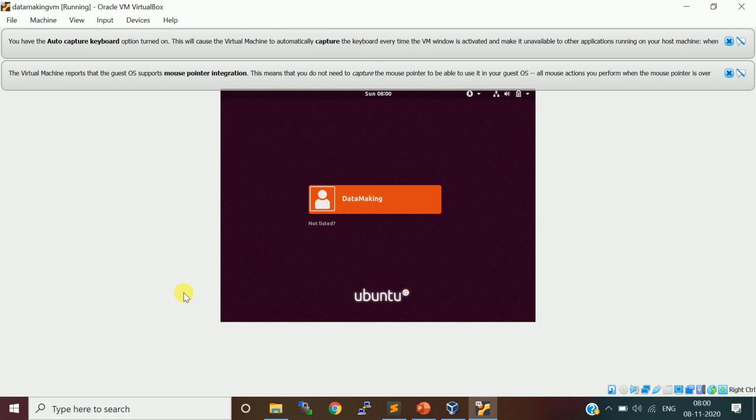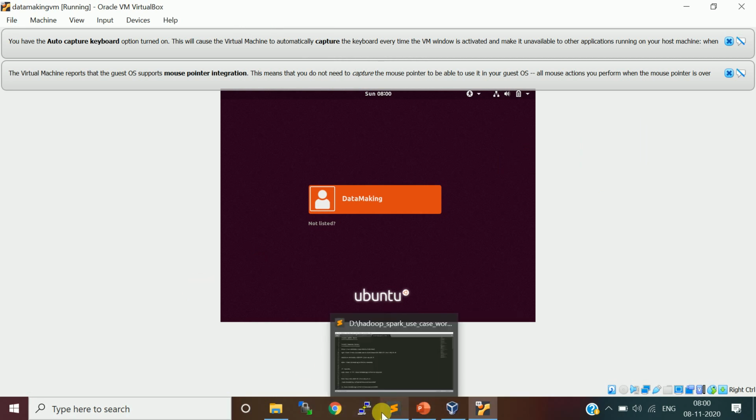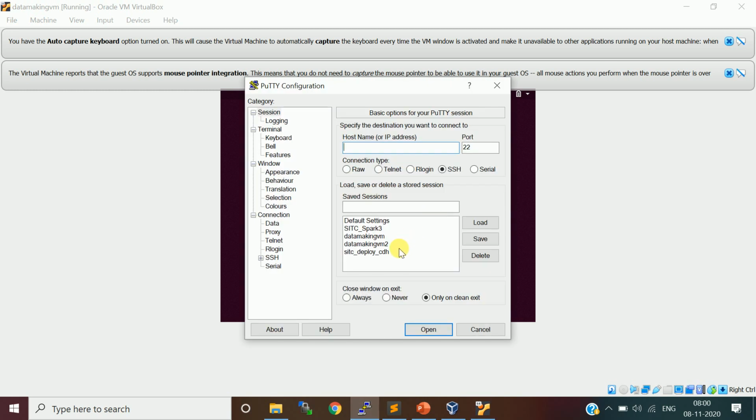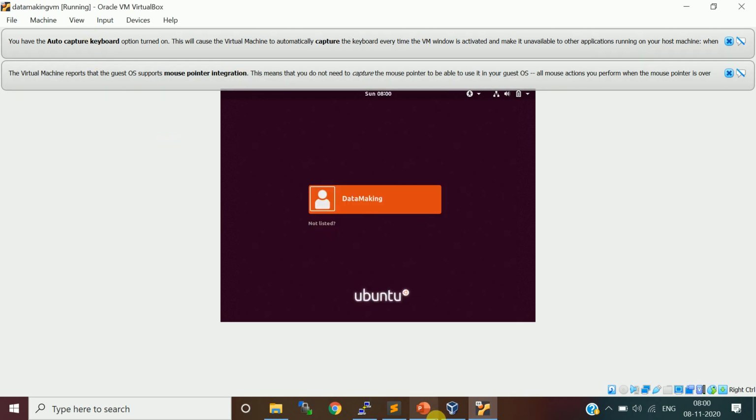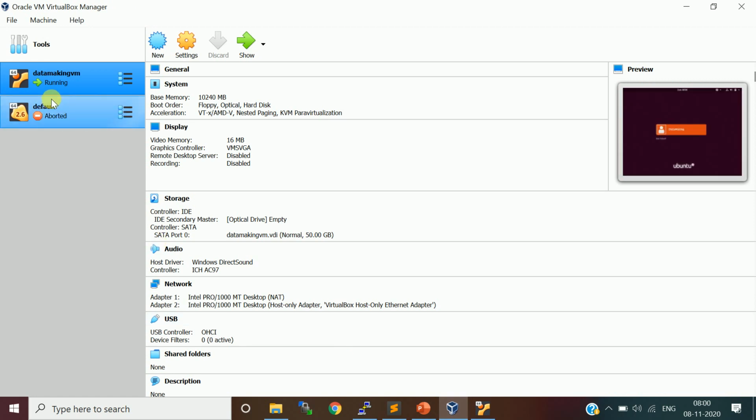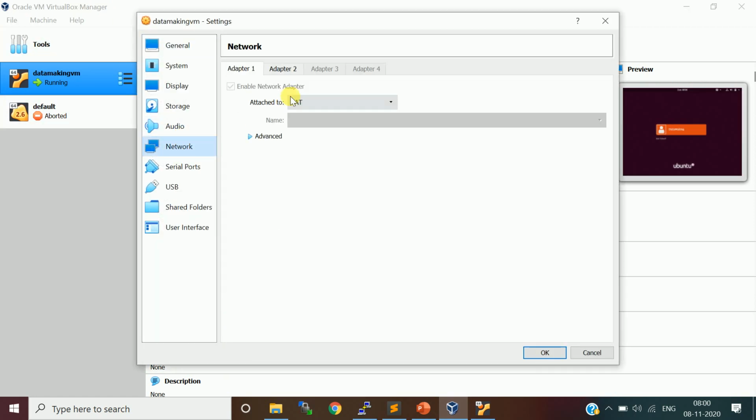I opened my VM, and I'm going to connect to my VM through PuTTY. If you don't know how to connect your VM through PuTTY, click on your VM and go to settings, and in the network section you will find adapter tabs. The first adapter is created by default with NAT attached to it, and the second adapter will be unchecked by default.